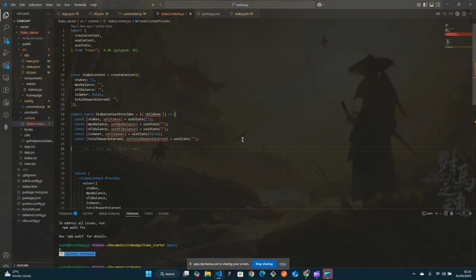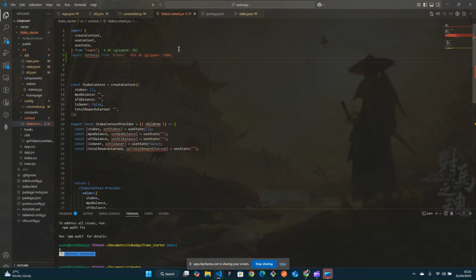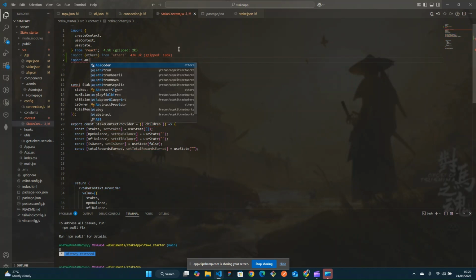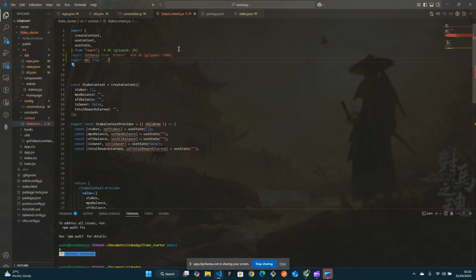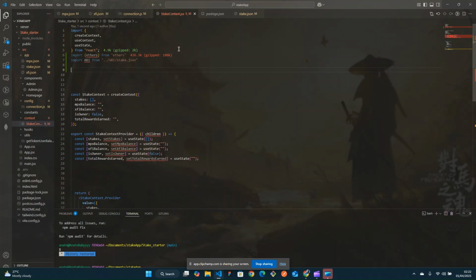So yeah, we'll be needing to import something. So I'll press import ethers from ethers. Then the next one will be our ABI. So we'll say import ABI from the slash ABI slash state JSON. So our state contract ABI. Then the next one, we're going to be importing our useContractInstance, and we're not having that one yet. So we'll just say